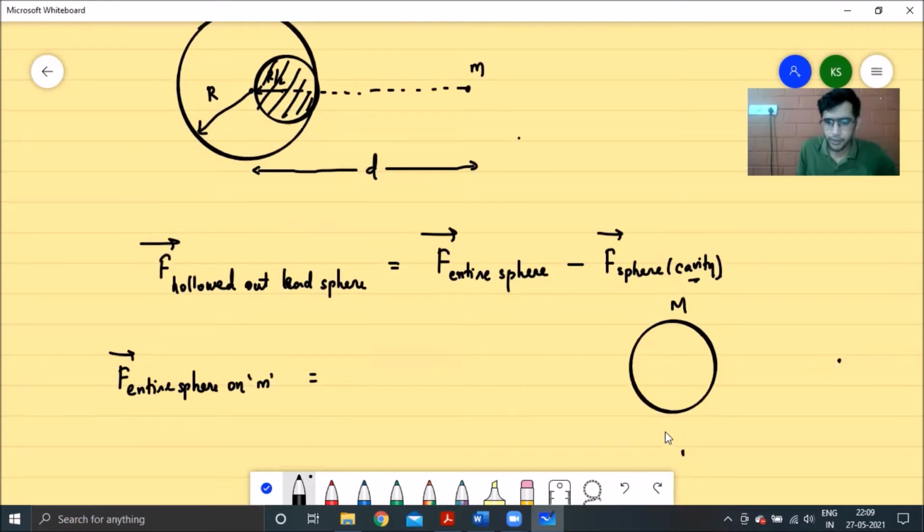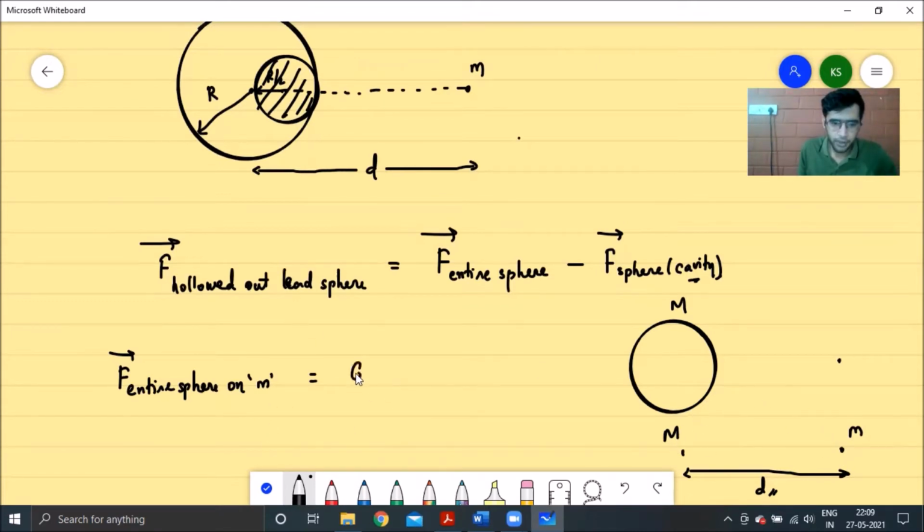And then basically we can use Newton's law of gravitation directly. So this diagram can effectively be converted to this diagram. I can say that the entire mass of the sphere is located at its center. And now we can just find out what's the force exerted by this point mass effectively on this mass small m. And that is nothing but Newton's law of gravitation. So the force exerted by the entire sphere on mass small m will convert to this case.